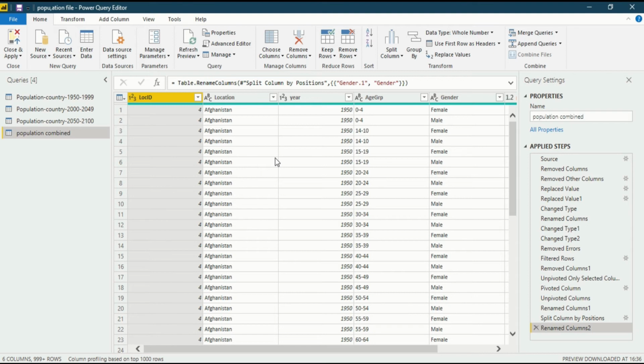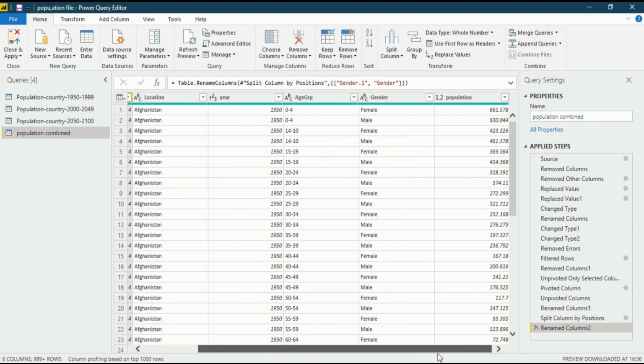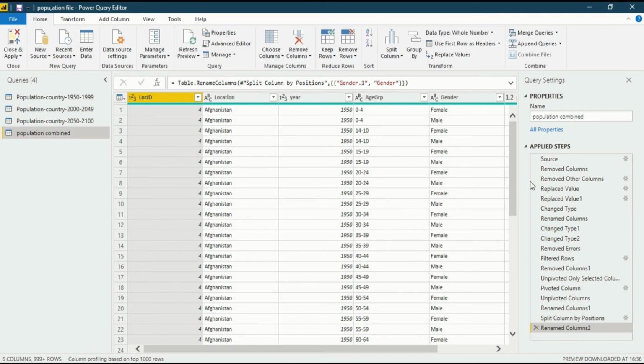Now we are in Power BI desktop in the Power Query editor interface. If you want to learn more about the interface, you can go to my previous videos and learn how this interface works. And if you want to know how I have sorted this bad data into good data, you can go to my previous videos and see how I have converted this bad data into good data through several steps. Each step is explained in a different video, like unpivoting, pivoting, filtering, removing rows, and replacing values. All this is covered in my previous videos. But in this video, we will talk about creating a dim table for our data set.